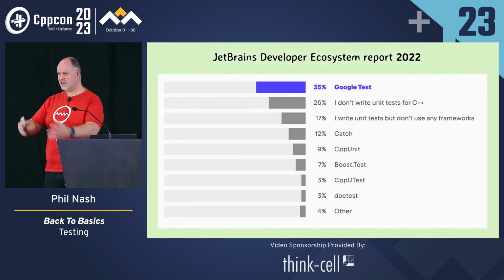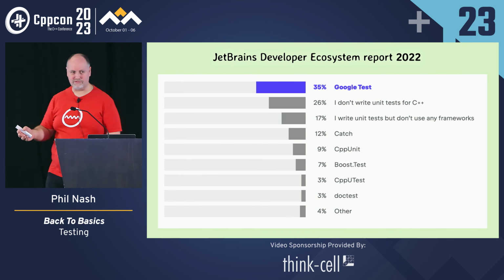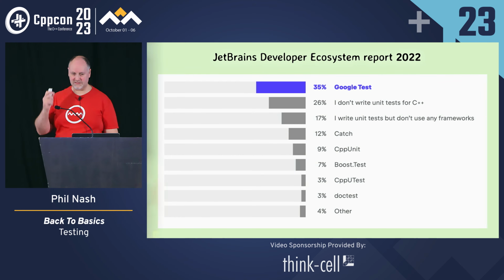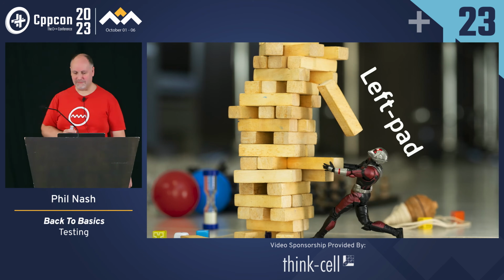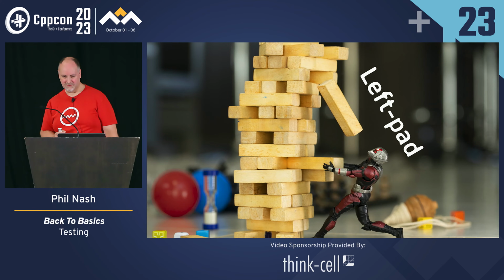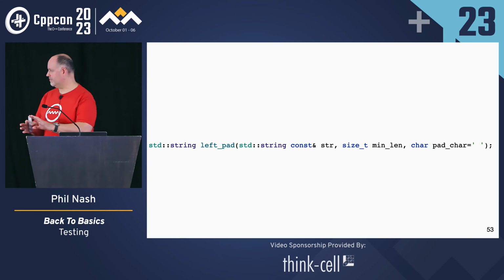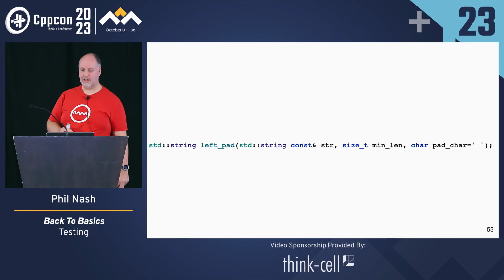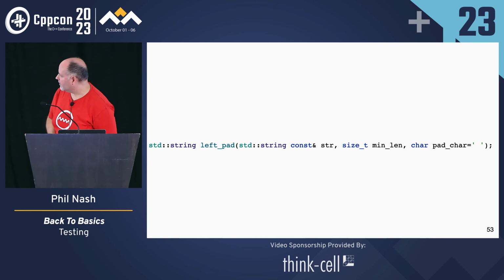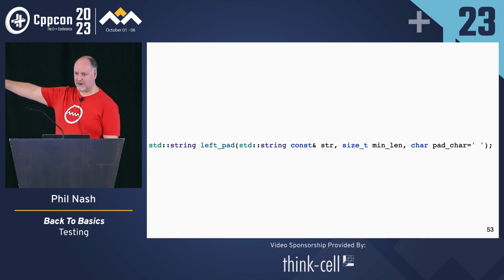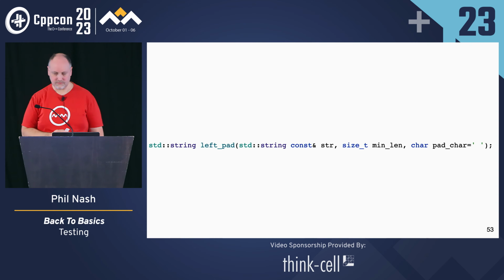And we're all thinking, why do you need a library? Everyone depends on this library for something so simple. Just write it yourself. So let's do that. We write left pad in C++, and we write some tests for it. So we're not actually going to look at the implementation, because we're just going to look at the testing. Hopefully you can read that. Try to fit it onto one line. That's our signature that we're going to be testing against.